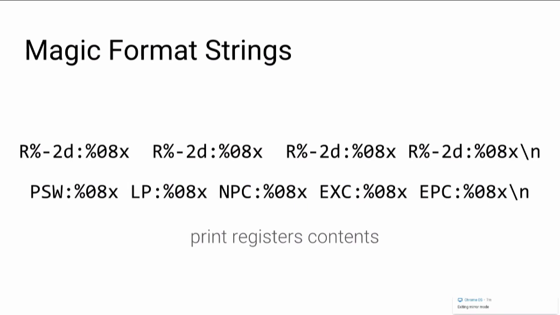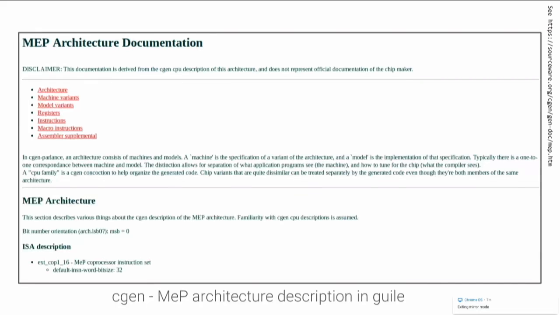So if you go online and look for these names, you will first get this page. And that's really important here because you will learn that this architecture is named MEP. This page is really cool because it's part of the CGen documentation. If you don't know it, CGen is a tool used to convert CPU architectures written in Guile, that's a programming language, a funny one, with parentheses, to C. And the good news is CGen is used in binutils, so it means that we are able to disassemble MEP.